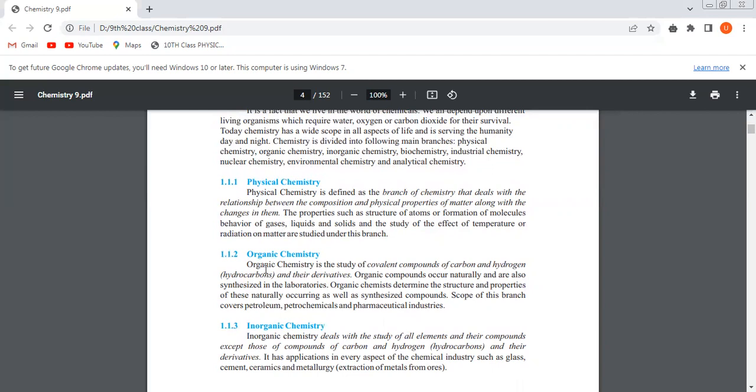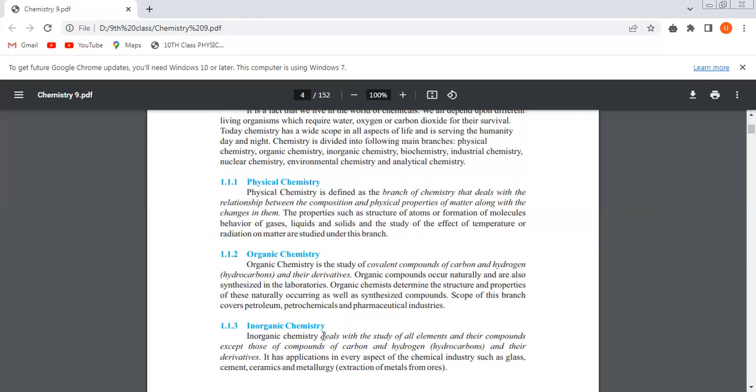Organic chemistry. Organic chemistry is the study of covalent compounds of carbon and hydrogen, hydrocarbons, and their derivatives. Organic compounds occur naturally and are also synthesized in laboratories. Organic chemists determine the structure and properties of these naturally occurring as well as synthesized compounds. Scope of this branch covers petroleum, petrochemicals, and